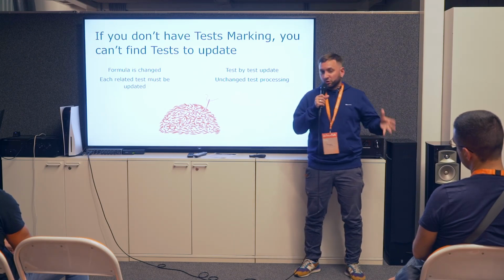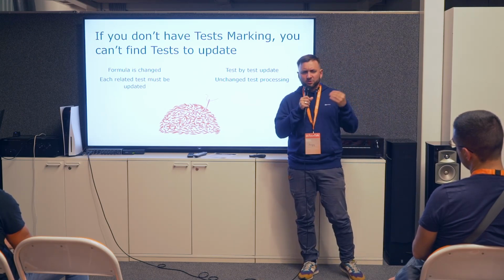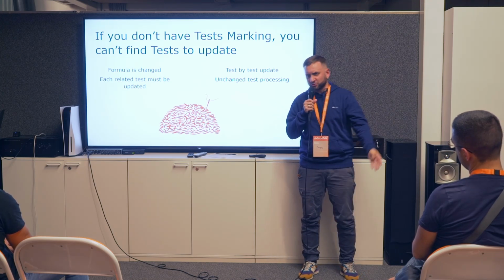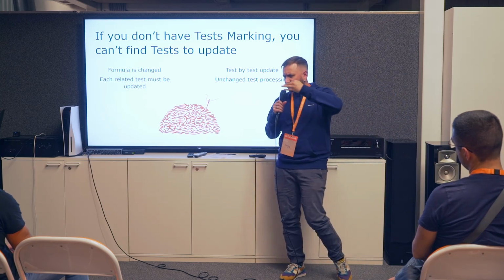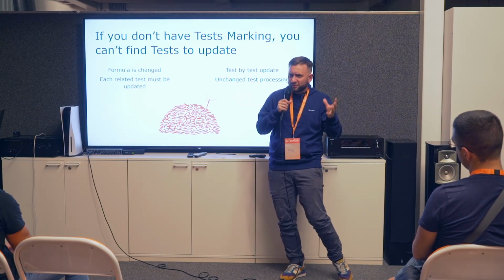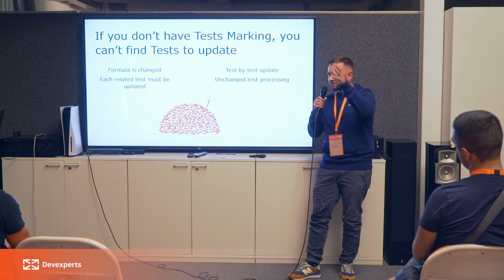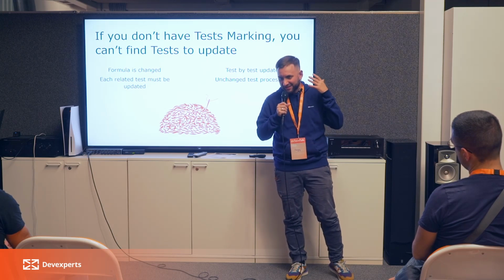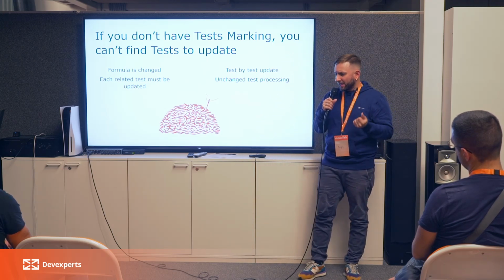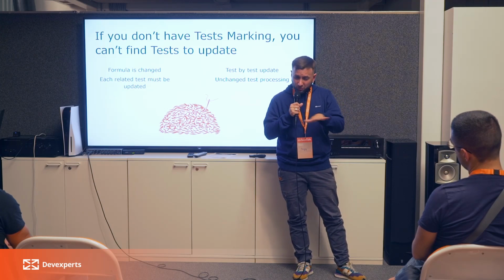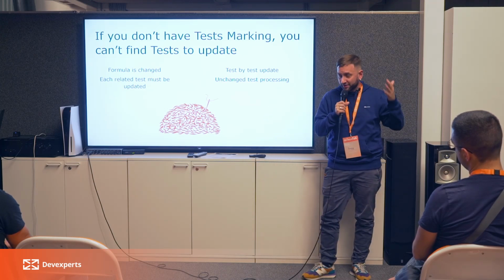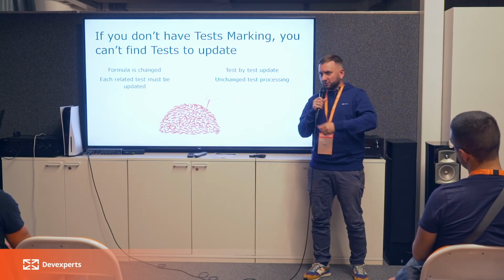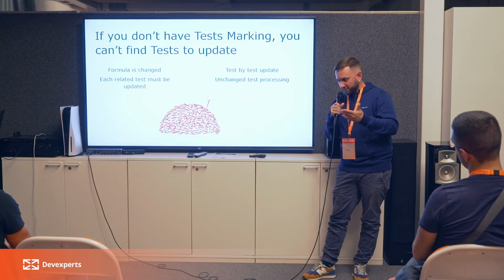We are updating a formula, but in most cases it's not a single test. It's a group of tests related to the calculations, to the rounding rules, to the front-end stuff like the font we apply, the size, and the place where this value is displayed in the user interface. Dozens of different tests. And if we don't have any marking, any testing hierarchy, we should find each test manually to update it according to the updated requirements.